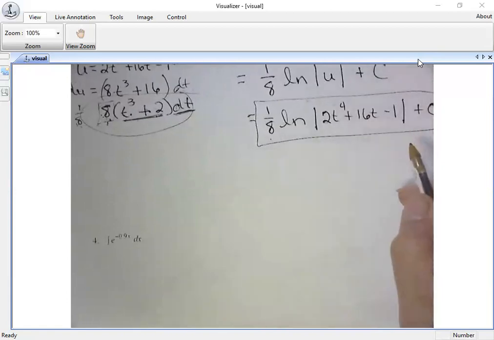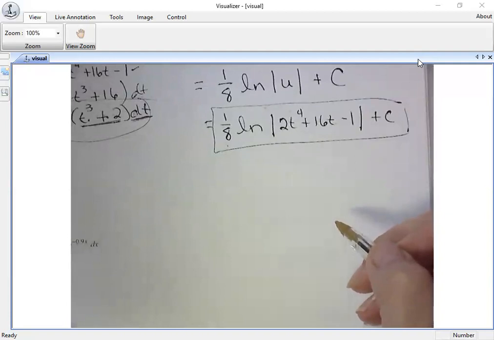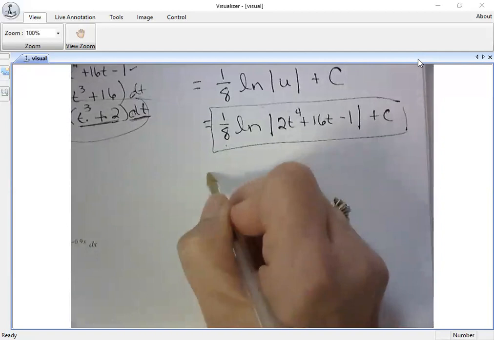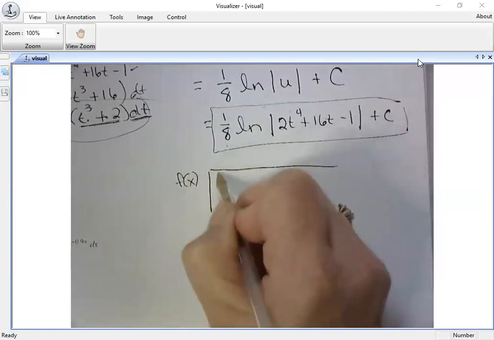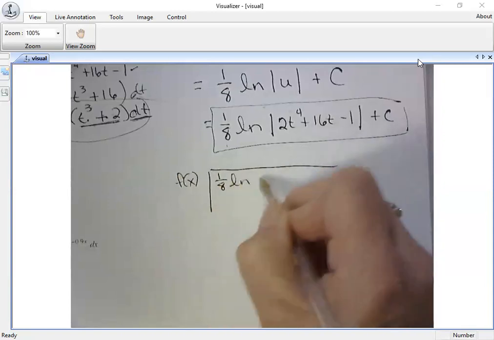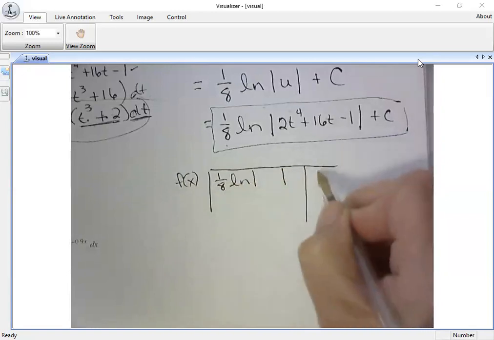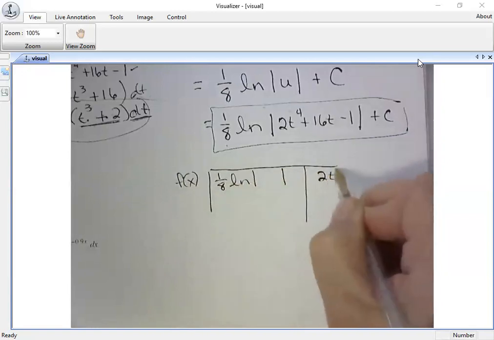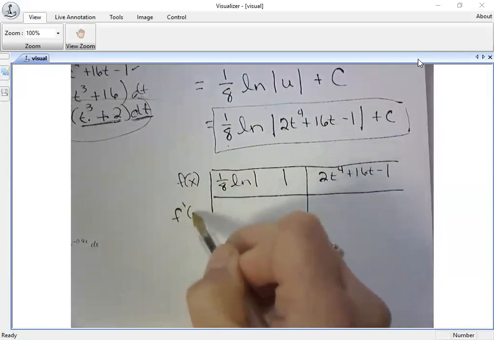So does this look like it's probably a chain rule table for differentiating? And that is going to be very common if you're using a U-substitution. When you check with differentiation, you're probably going to be using a chain rule table most of the time. So if we started with 1/8 times the natural log of something, and that something is 2t to the 4th plus 16t minus 1, okay? When I find the derivative,